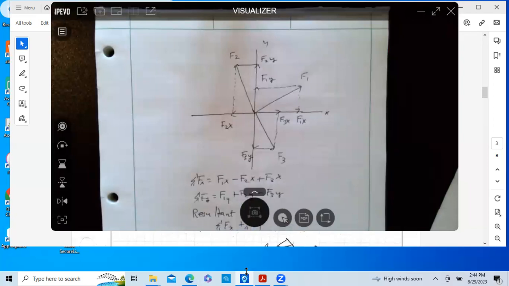So what we end up with is something that looks like this. It's going to be sum of forces in the x, sum of forces in the y direction, and the resultant is a triangle that we're solving for. So the force resultant